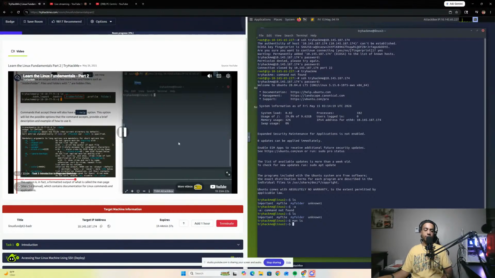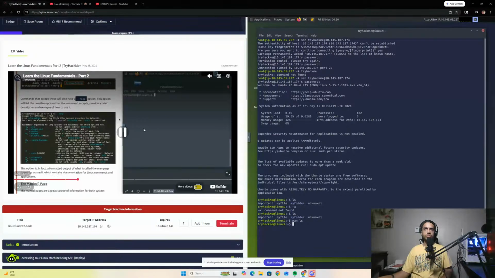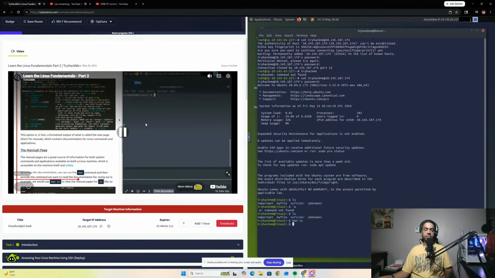Commands that accept these will also have a --help option. Sometimes this is -h, however, not every command has a -h that specifies help. However, most commands that we can use have this --help option. This option will list the possible options that the command accepts, provide a brief description, and an example of how to use it. This option is, in fact, a formatted output of what is called the man page, short for manual, which contains documentation for Linux commands and